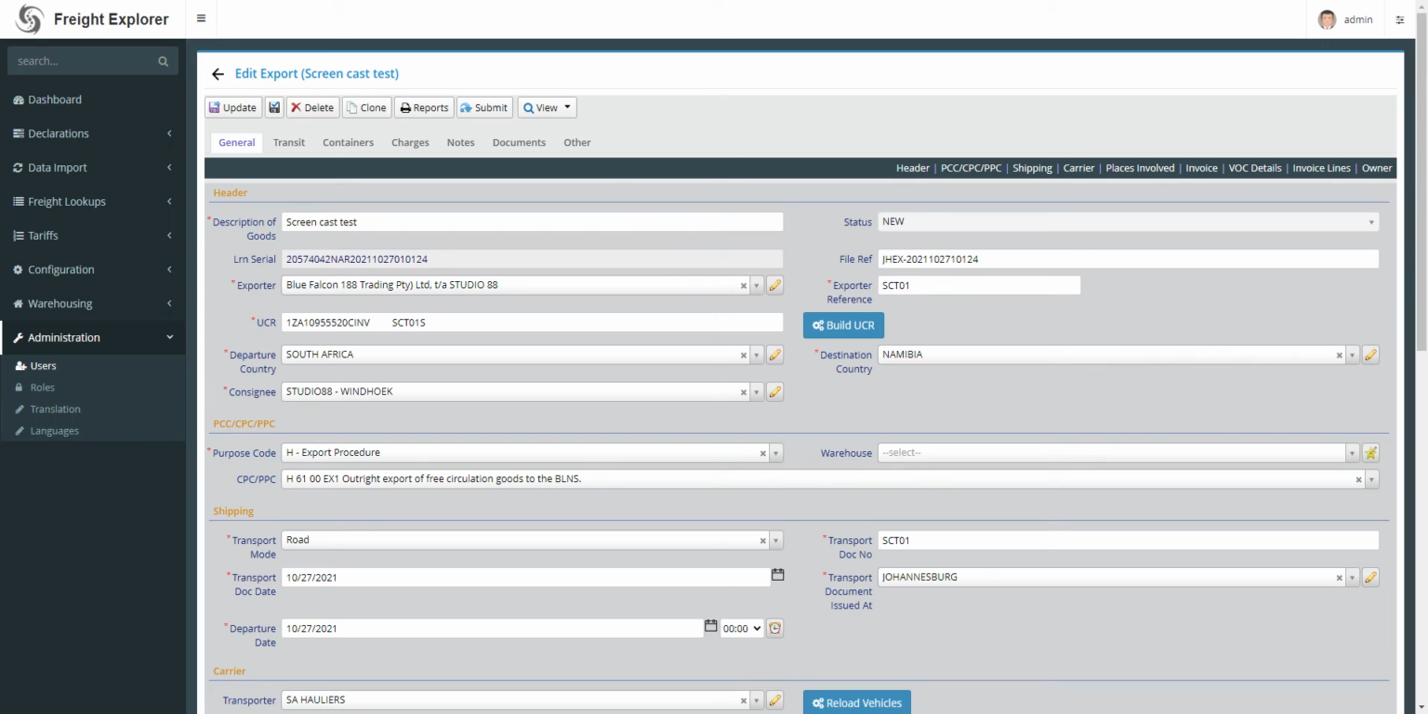So let's wait again. We've got 2,000 lines. There we go. There is our entry. You can see that the exporter has been created for us. We did not touch this. All the VAT numbers, the TIN, everything has been done for us, basically. All we needed to do was just to put the transport mode, the transporter, and maybe the gross mass, and